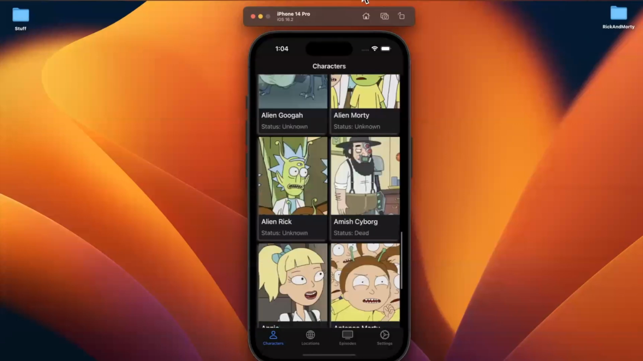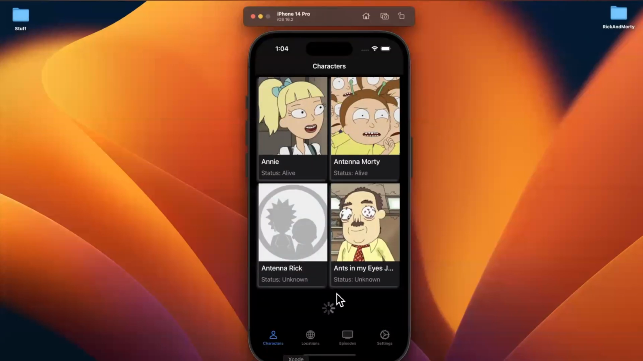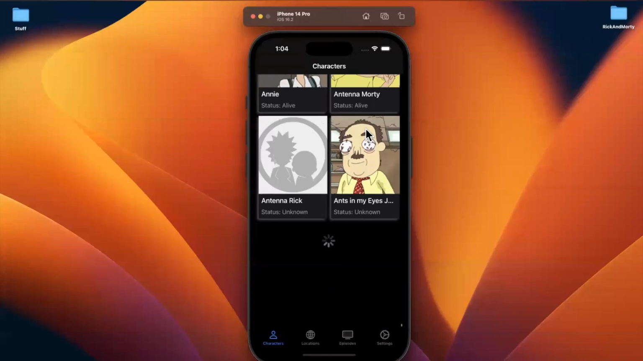In the last part, we started talking a little bit about pagination. We added this cool spinner at the bottom. And in this video, we're going to actually attempt to load in more characters and actually populate our grid here,